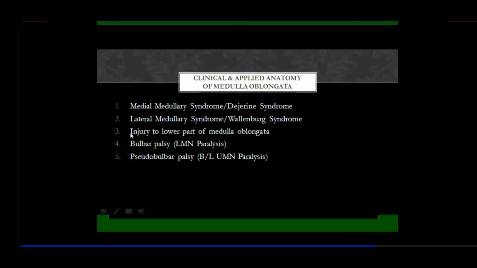No need to think too much about this. Injury to the lower part of the medulla oblongata is very vulnerable. Very vital centers are there. The vasomotor center controls the pulse rate, BP, and cardiac activity, and the respiratory centers control respiration. So all these vital centers are there, and that's why the death in capital punishment by hanging, that is judicial hanging, is because of this. Yes sir, judicial hanging.